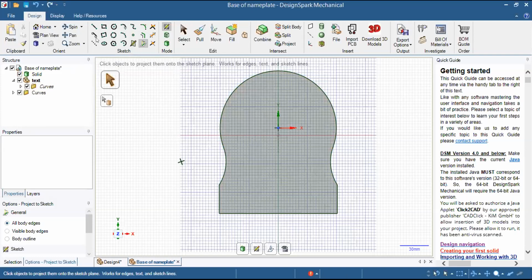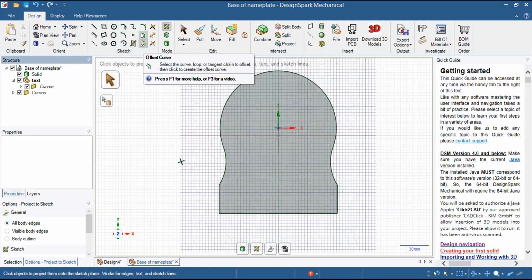Now we will be disabling the solid again. Sorry, not like this, sorry for this. I will be using a command. Now you can see we are having this. Now I will be using the command offset again because I wanted to create an outer border.